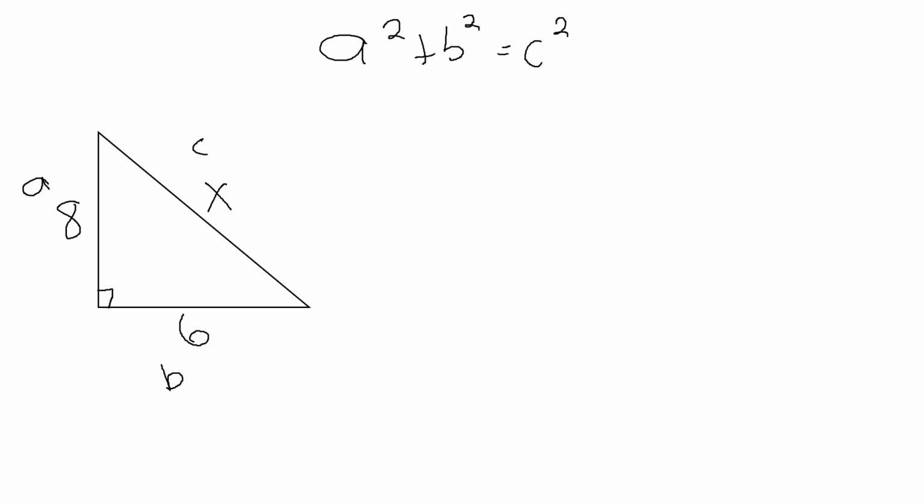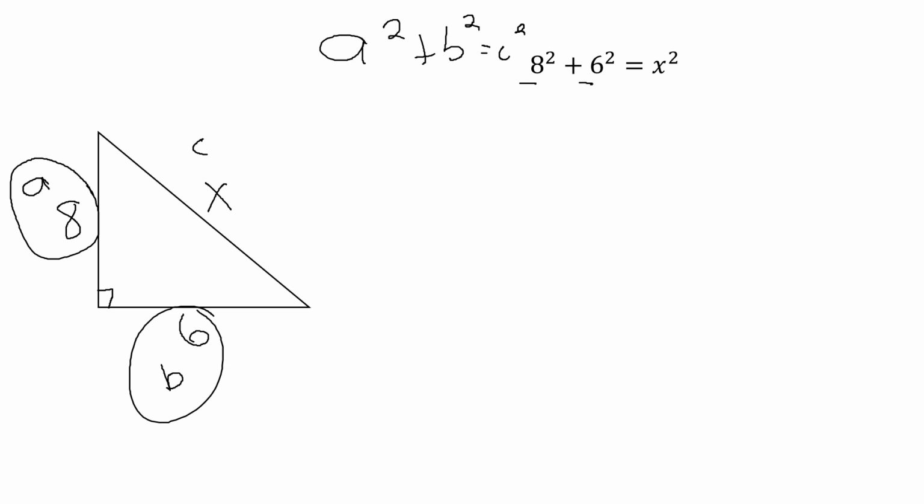And you're just going to plug those values in. So you know what that means. A squared plus b squared equals c squared. And I just plug that in. A squared plus b squared equals, and in this case, the c is x squared. And we just work through and solve